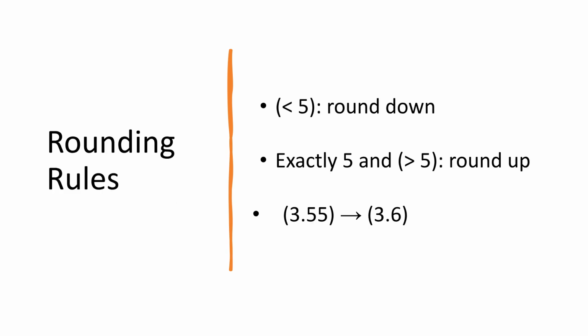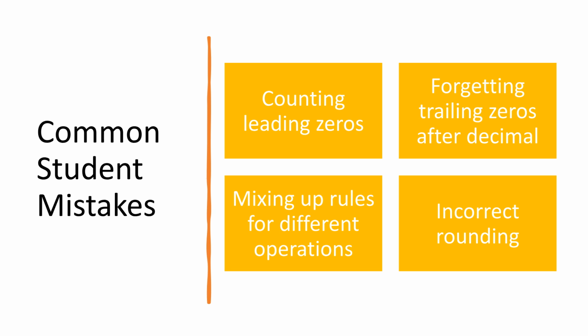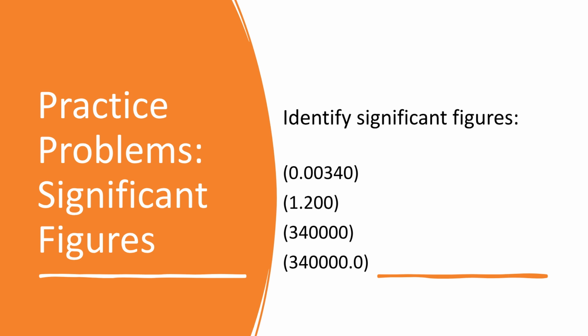For rounding rules, if the next digit is less than 5, round down. If it is exactly 5 or greater than 5, round up. For example, 3.55 rounds up to 3.6. Common mistakes include counting leading zeros, forgetting trailing zeros after a decimal, mixing up rules for different operations, and incorrect rounding. Practice identifying significant figures with these numbers: